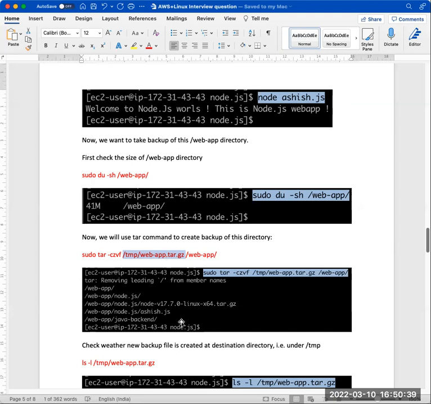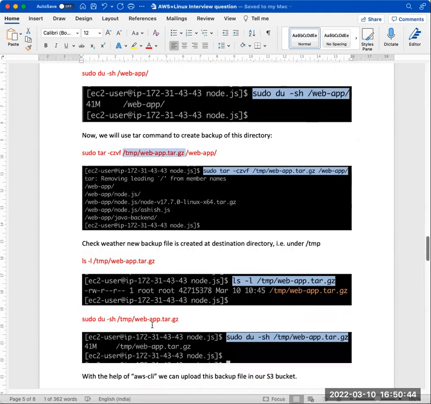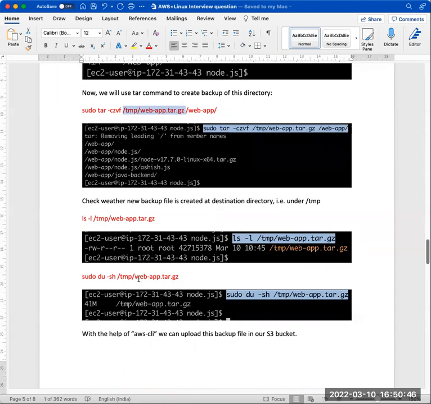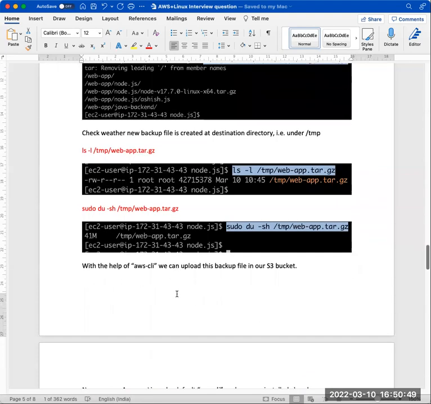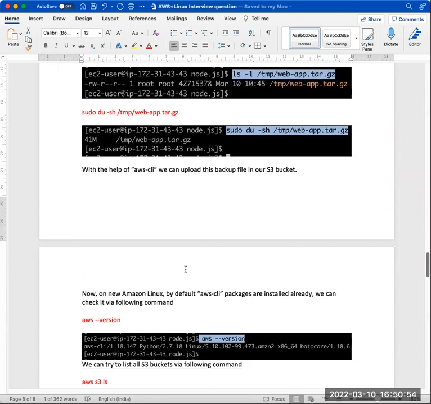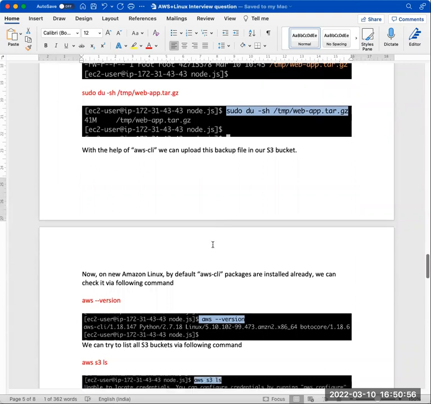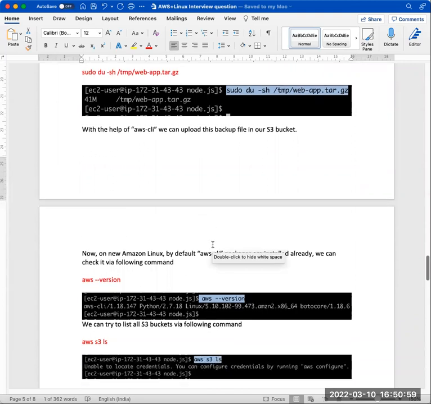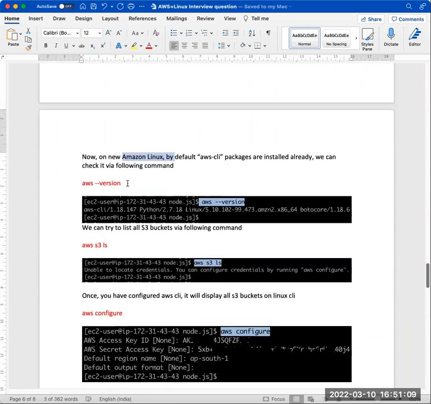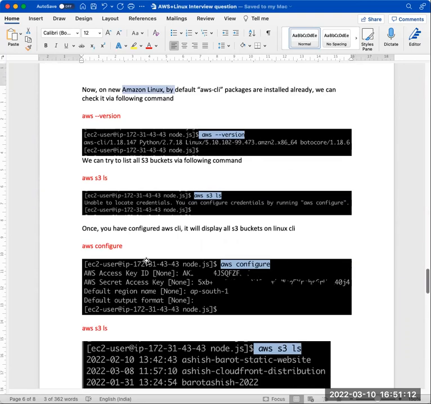So we can see here the command executed successfully. It has done the listing, and now we can check the size of that backup file. Now moving to the next point, where we want to upload the file we have created to my S3 bucket. I assume you all know how to configure the AWS CLI. Nowadays on Amazon Linux, the AWS CLI packages are installed by default. We can try checking aws --version and aws s3 ls. If it is not configured, we can easily use